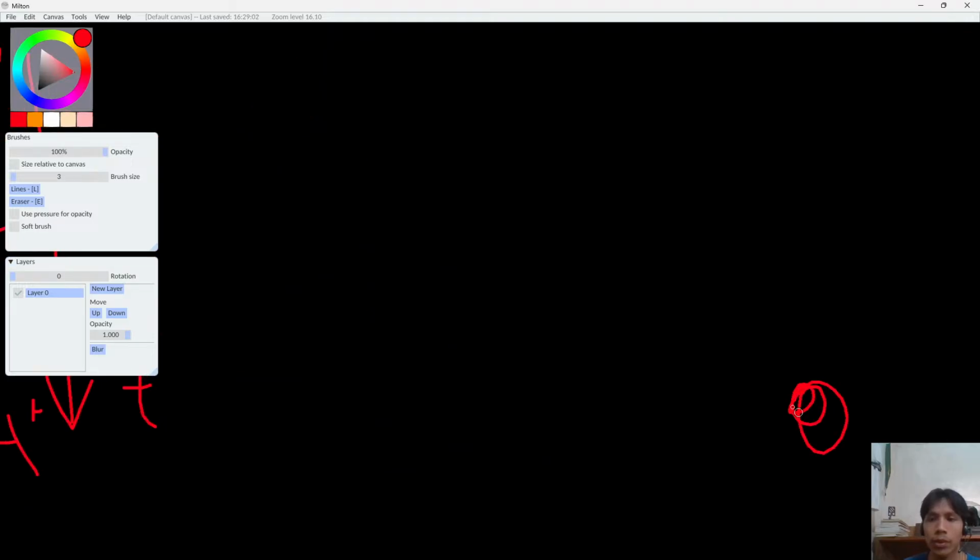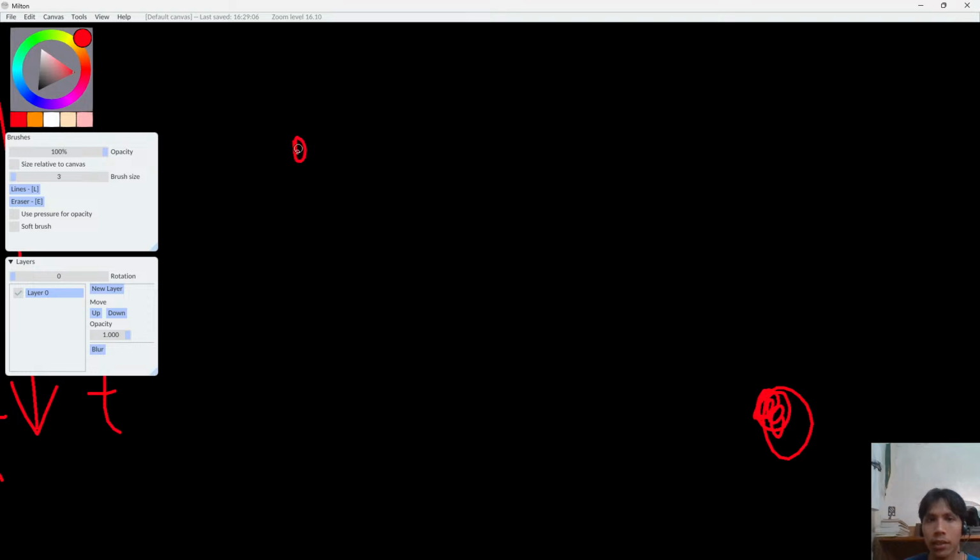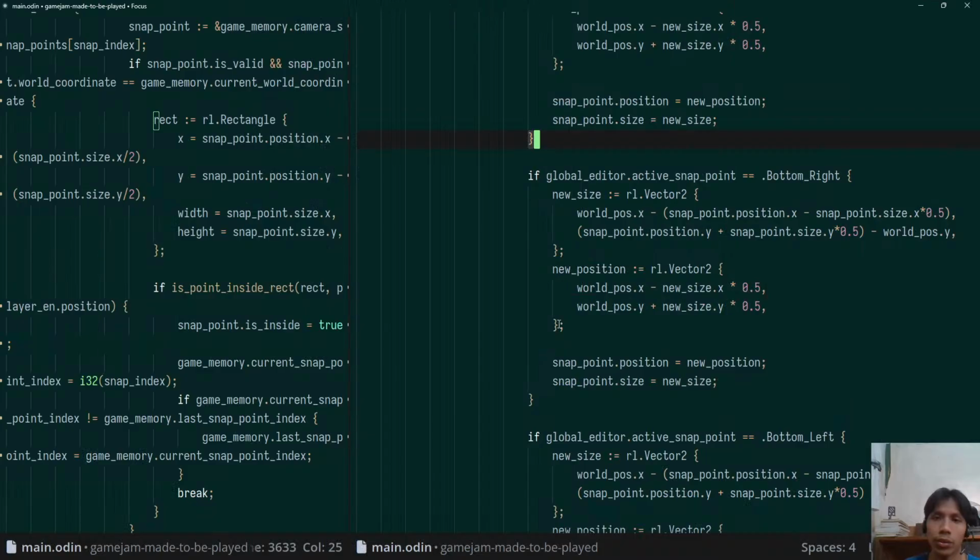This is the mouse position or the wall position that we have. So for getting the size we must subtract both the x and y. So okay, we subtract this. For the y it's the same,